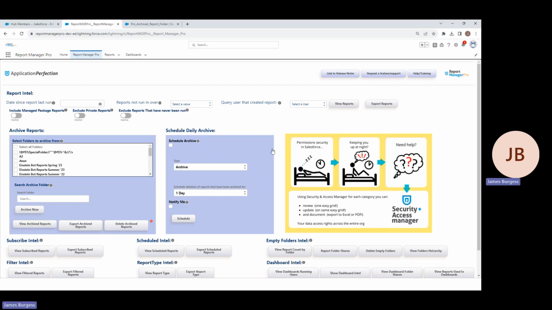So when we created Report Manager, we wanted to solve a challenge that most Salesforce admins face, and that's maintaining reports within Salesforce. The classic example I like to use is that when you go live with Salesforce, you might go live with a defined suite of reports, correctly reporting the management information that you want to report on. But as soon as you go live, you'll begin to start making changes to your Salesforce instance. That could be as small as some changes to pick list values, but unless those changes are reflected in the reports, your reports can start